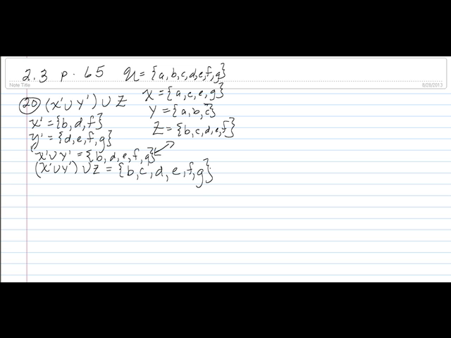Okay, and let's do one more from this group. Let's do number 28. In 28 we have y complement minus x. So we want to take our y complement that we found here and subtract anything we find in x from it. So in x we find a, c, e, and g, so we're going to have to get rid of those two. That leaves us with d and f. Okay,